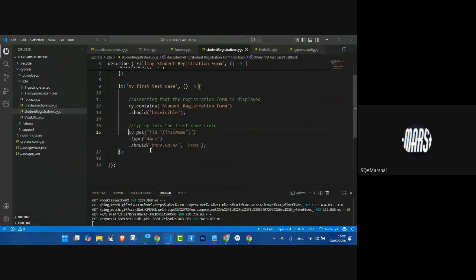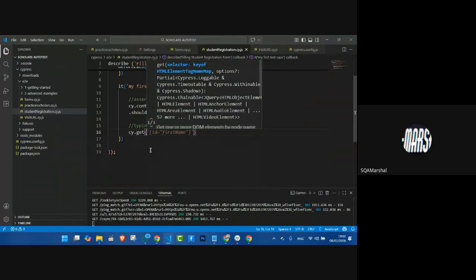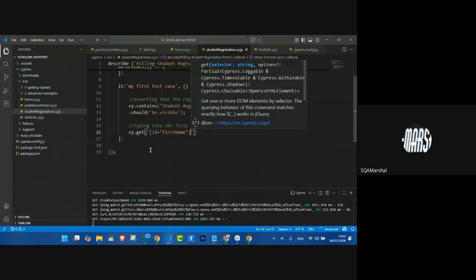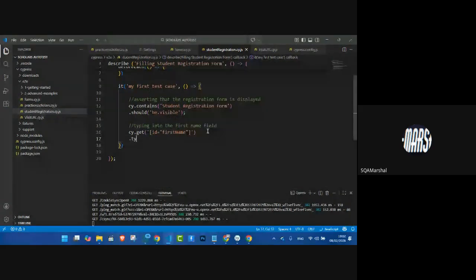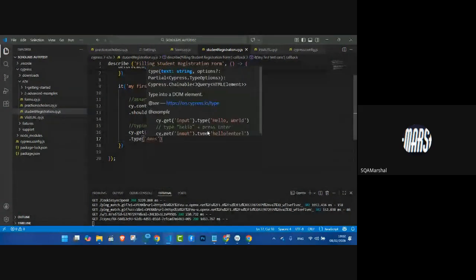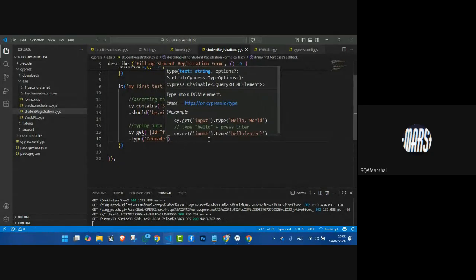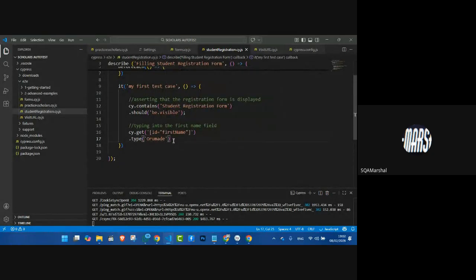So now I'm going to say cy.get, all right? And once I put cy.get, I put this and I say dot type. Of course, I'm typing into it. And this time I'm going to say Orumade, right? So I'm typing this name in the first name box. I'm going to say dot